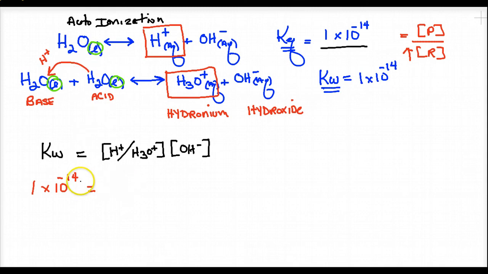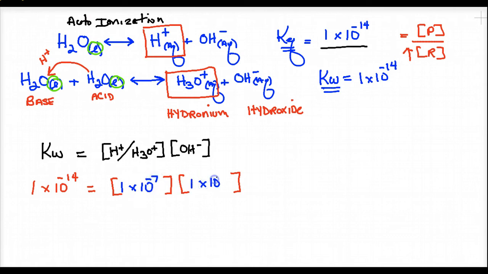All right. Now, we know that the KW, which is the value of KEQ, which is an equilibrium constant, is equal to the values of these things at equilibrium. So, if these are equal, the hydroxide and the H plus, what two numbers multiplied together that are the same will equal this? I'll say it again. What two numbers, when multiplied together, that are the same number equal 1 times 10 to the negative 14? If you haven't already guessed, it's 1 times 10 to the negative 7 and 1 times 10